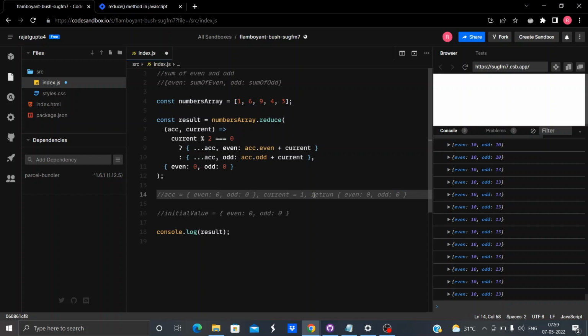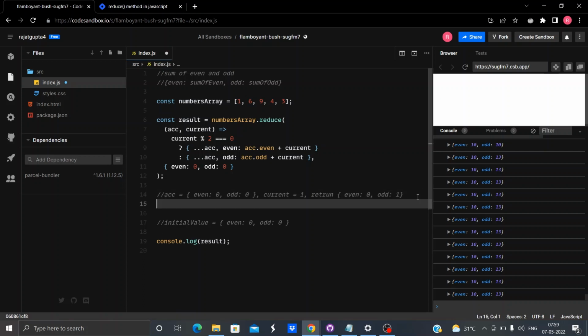What is current? Current is equal to 1. So 0 plus 1 is 1. This is being returned. Now what happens in the next iteration? Accumulator will be equal to this and current will be equal to the next number. What comes after 1? 6 is there after 1. What will we return?